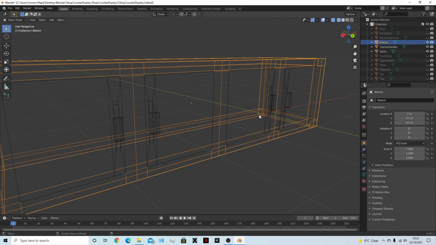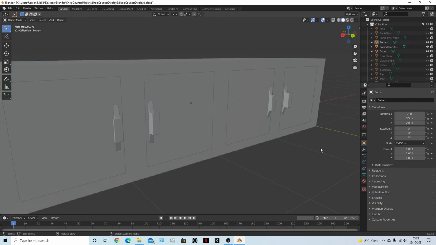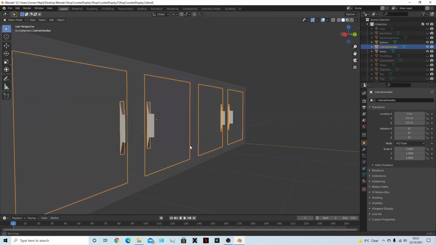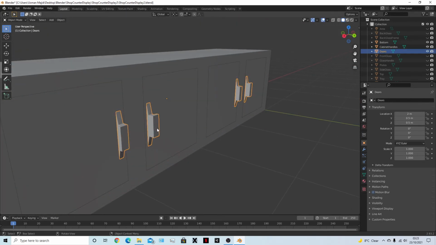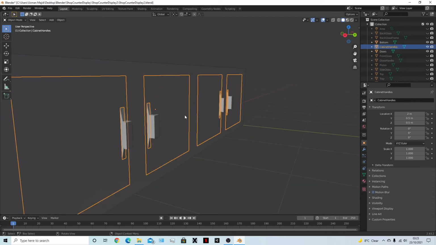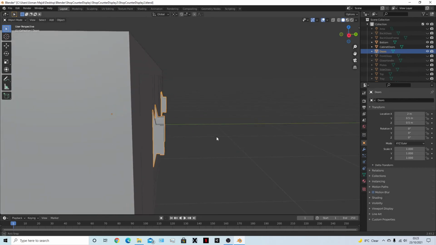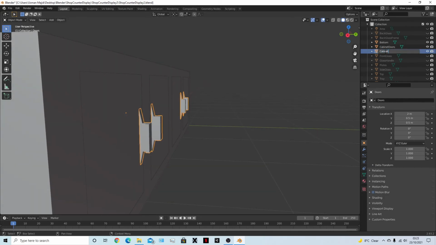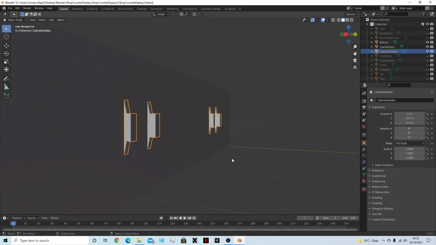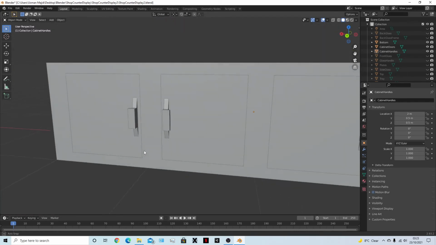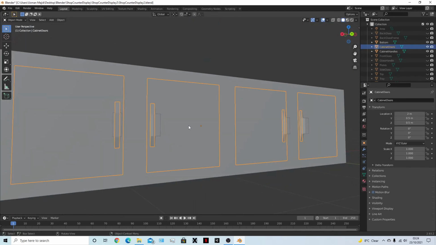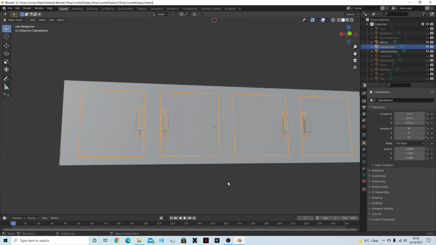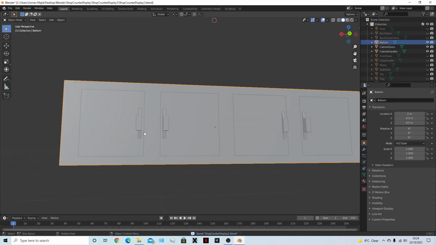Okay, so I'm getting a bit tired now. These are the cabinet handles. If I hide the cabinet handle, sorry, these are the cabinet doors. I don't know if it's called a door, but these are the handles, cabinet handles. If I hide the handles, this is what it looks like. The reason why I separated them is because the handles are going to have a different material compared to the cabinet doors, maybe. And this part in the middle,